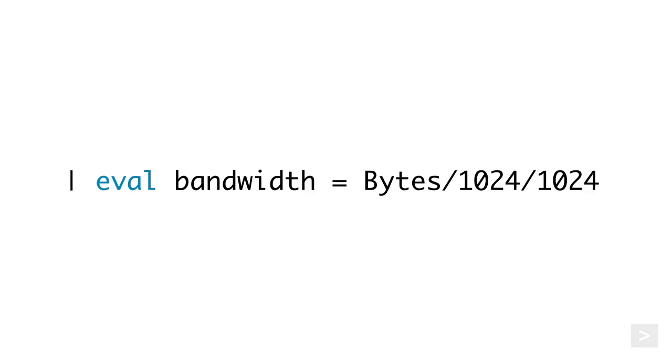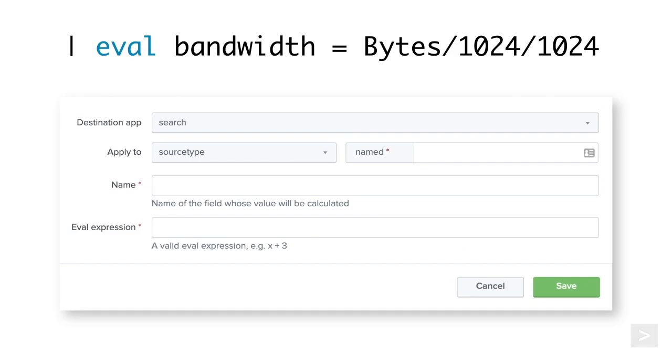We previously used the eval command to create temporary fields at search time. This command takes the value contained in the bytes field, divides it by 1024 twice to convert it to megabytes, and stores it in a new field called bandwidth. This calculation made our search results much easier to read, but since this is not a persistent field, we will